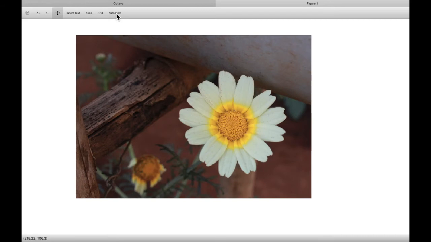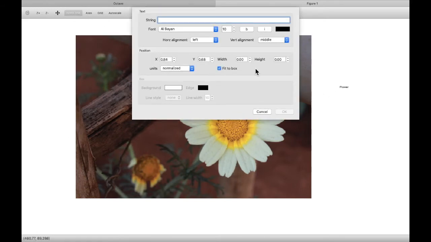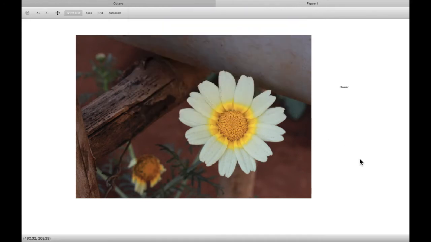You can see it is not a very big image, so you can see the pixels. You click on auto scale to rescale it. You can make the axis visible and invisible by clicking on it. You can insert text in this image. So you can see you can insert text like this.